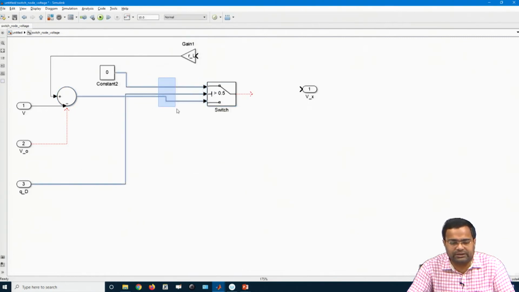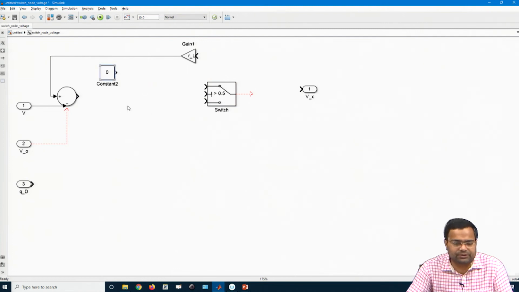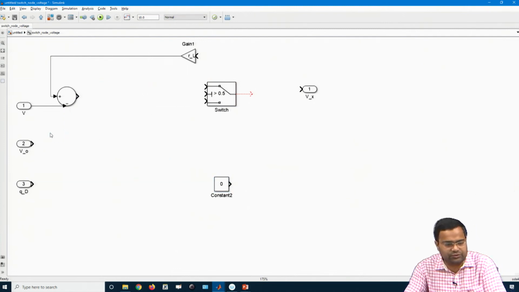Just a minute, we will disconnect all this path. First, let us figure out what the switch node voltage is.